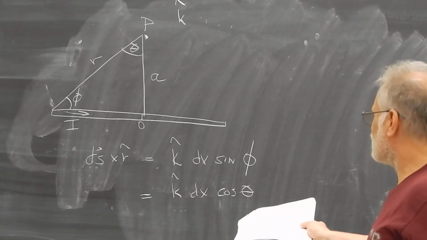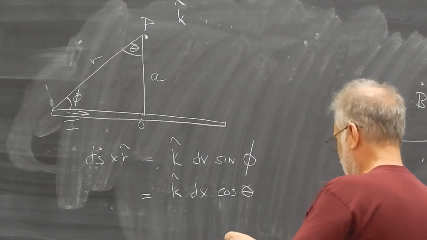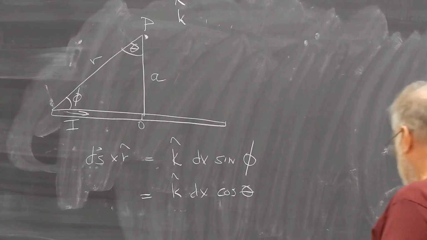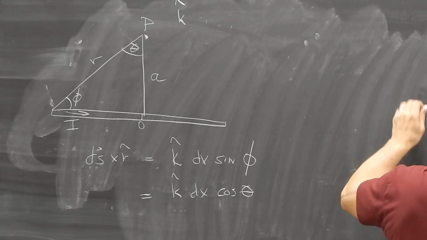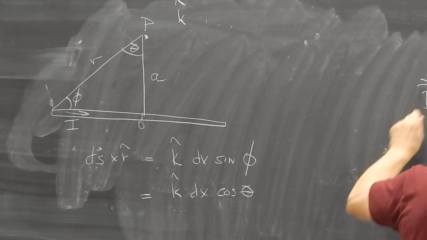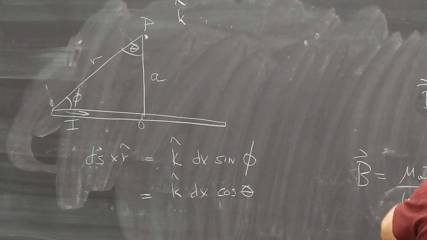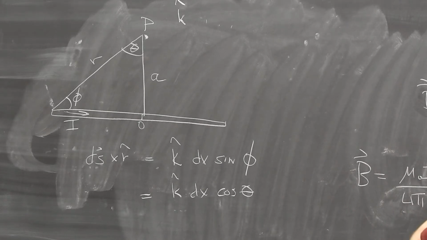And I'm going to be much more comfortable using cosine theta for my angle. And then what I need to do is to put this all into the Biot-Savart law. When I do that, I'm going to write B then is going to be equal to mu naught times I over 4 pi. Let's see, we said ds cross r-hat is going to be dx in the k direction, cosine theta, d theta